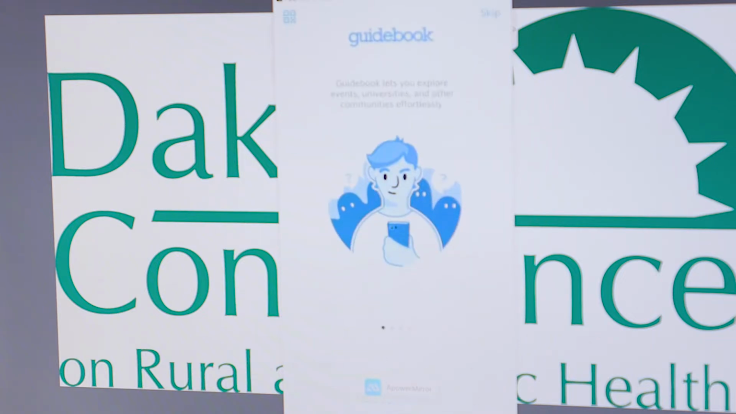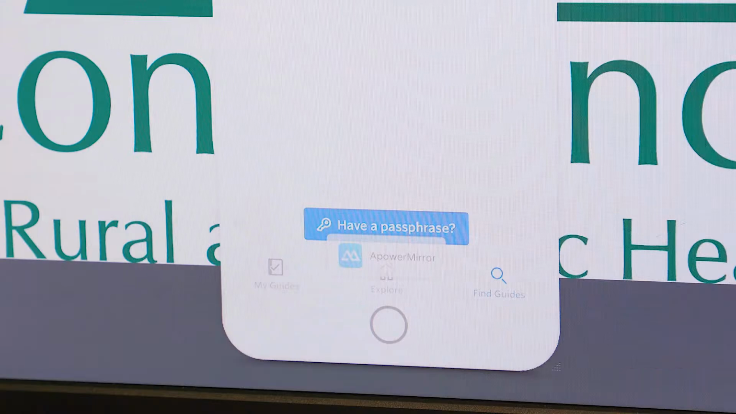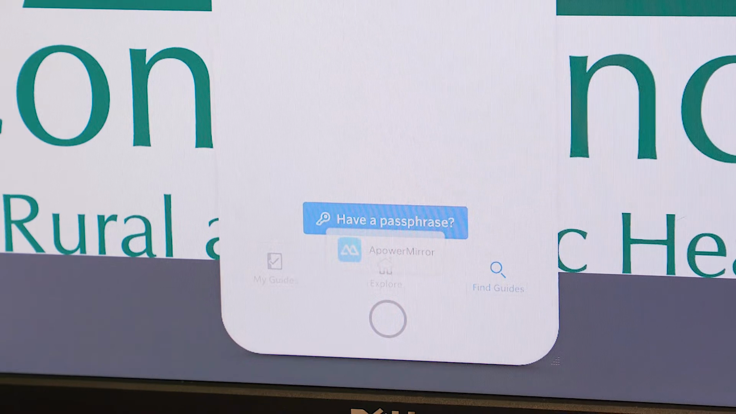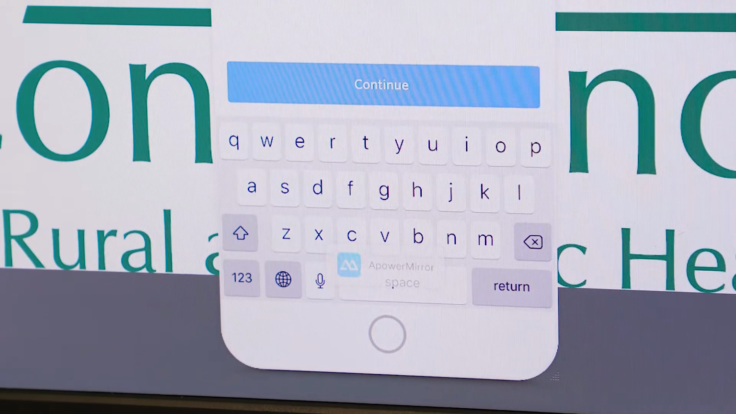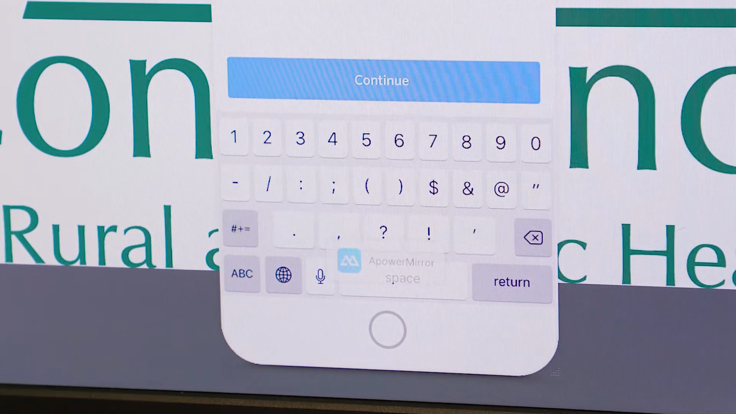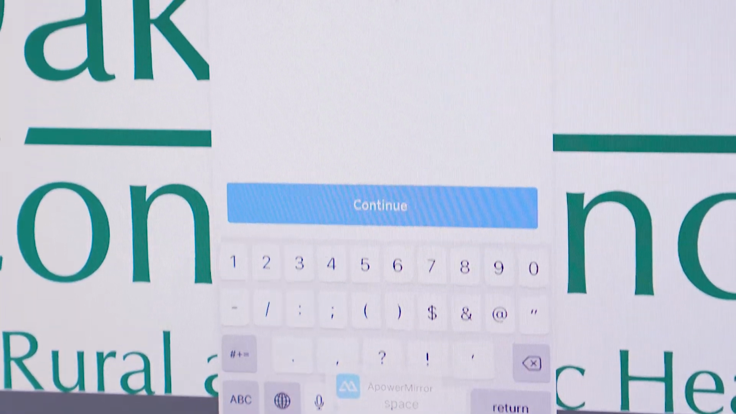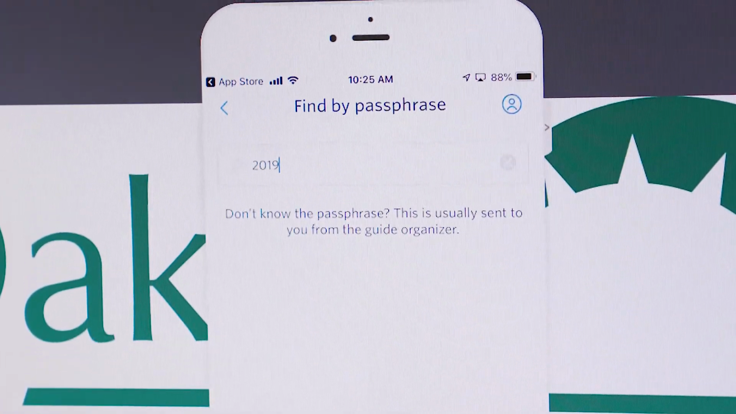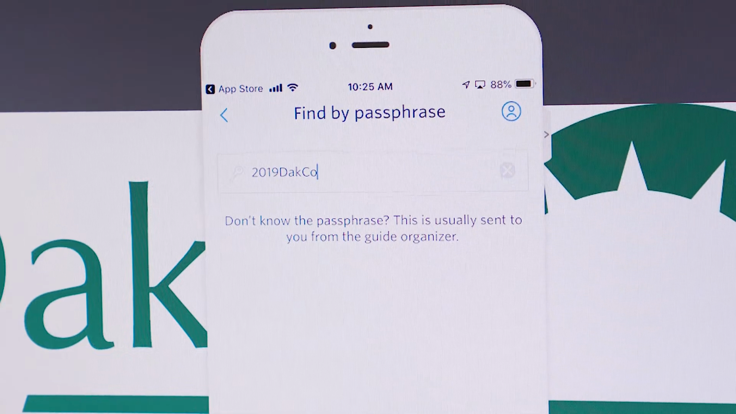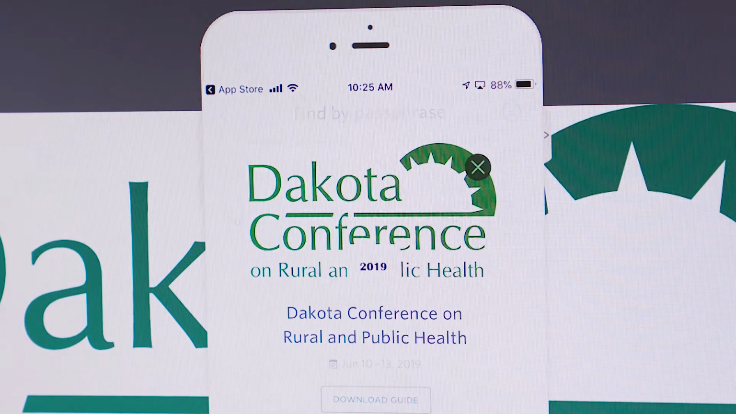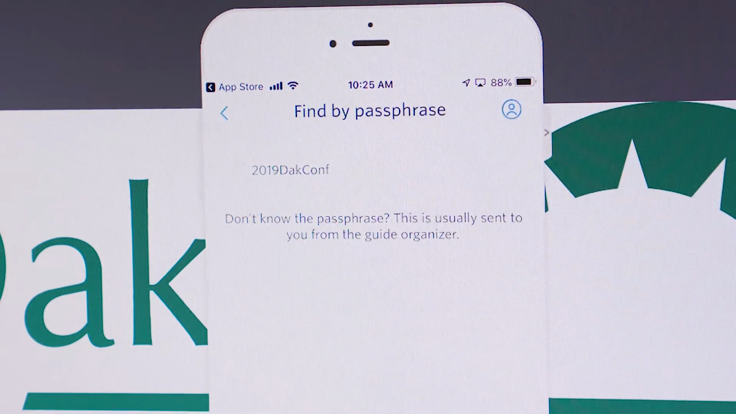the app, and you'll just want to skip this screen and go ahead and hit that. Once you've downloaded the app, you have a passphrase, so click that at the bottom of the screen, and then you want to enter 2019 DAC Conf, which is DAKCONF. And then the guide will show up on your phone, and you just click open in the middle of the